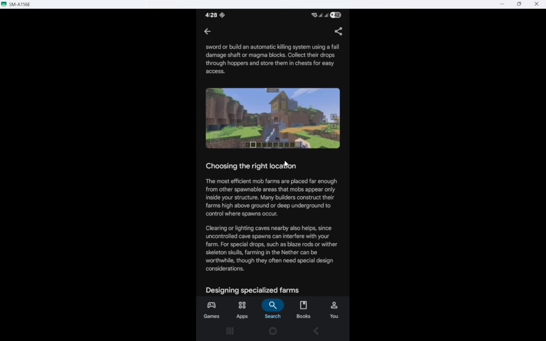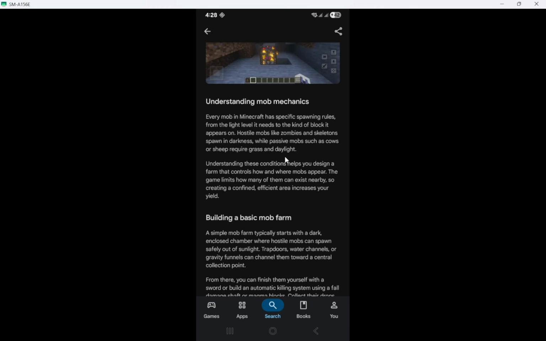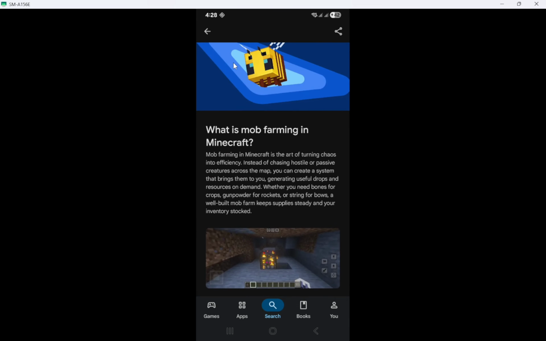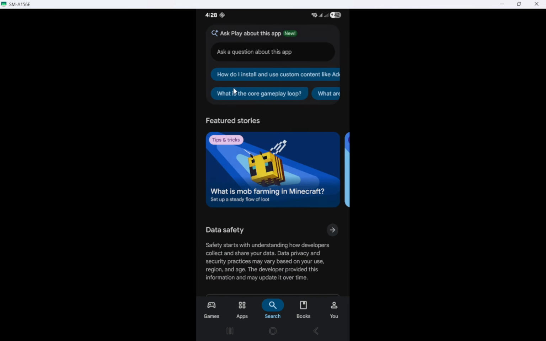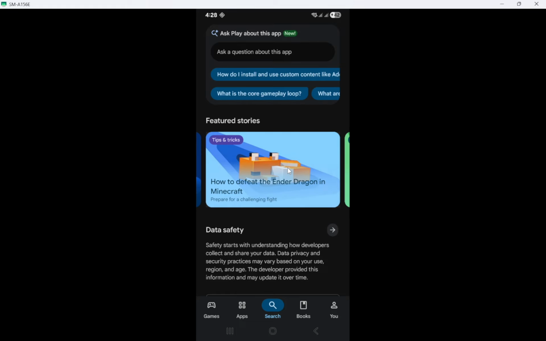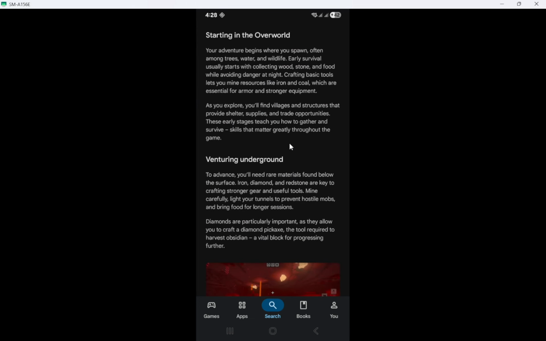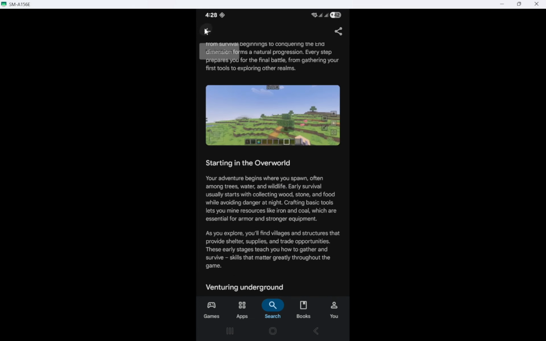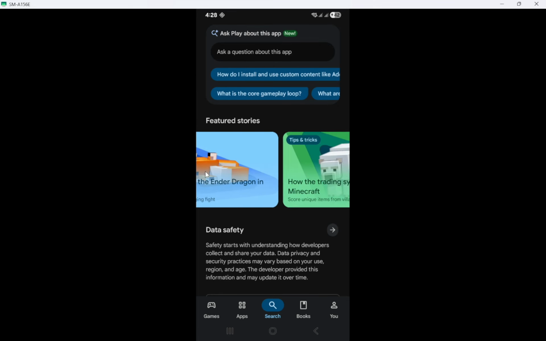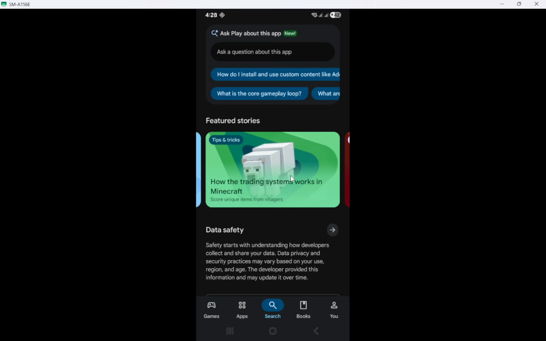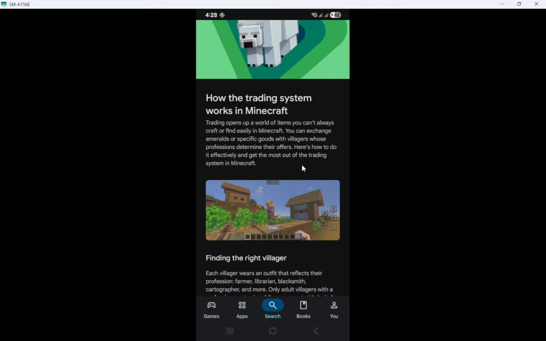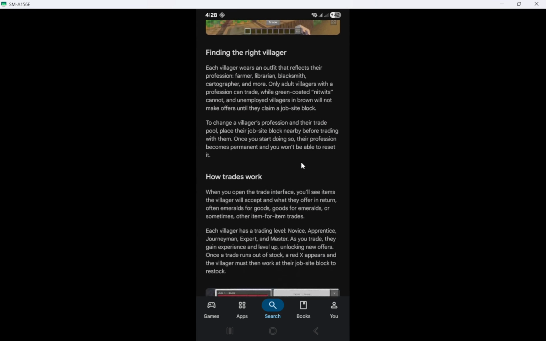A quick reminder, Minecraft on Android is not free. The official version requires a single purchase through Google Play, and that's the safest way to get the game. Avoid downloading APK files from third-party websites. Many of those so-called free downloads are fakes that can hide malware, scams, or broken versions that don't work properly. For your device's security and the best experience, stick to trusted sources like Google Play.